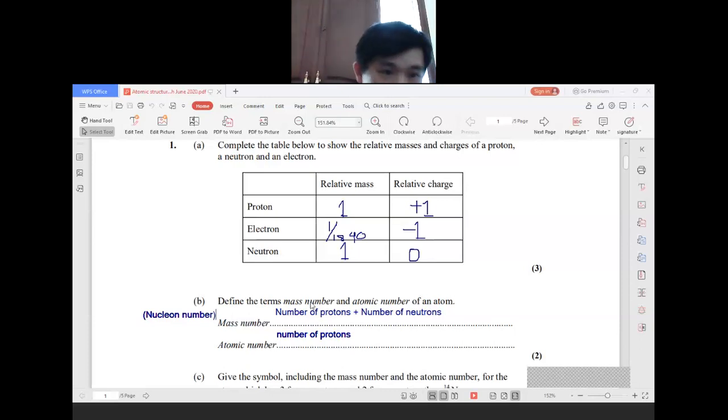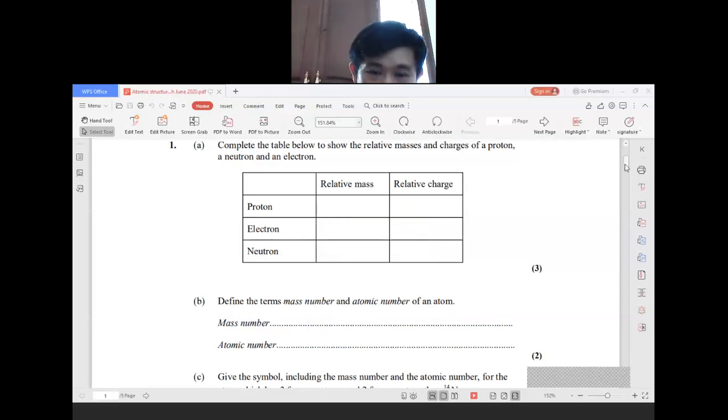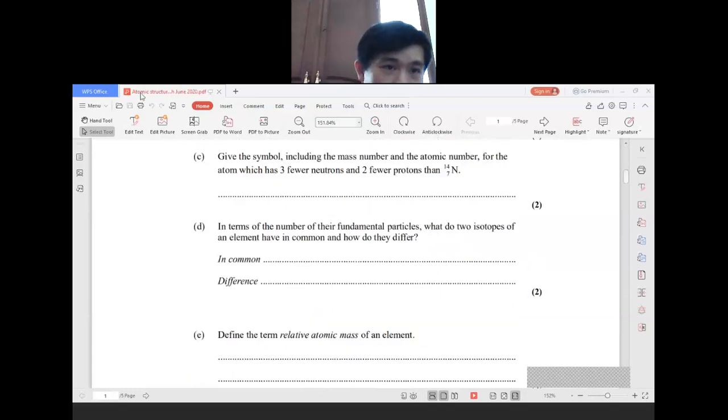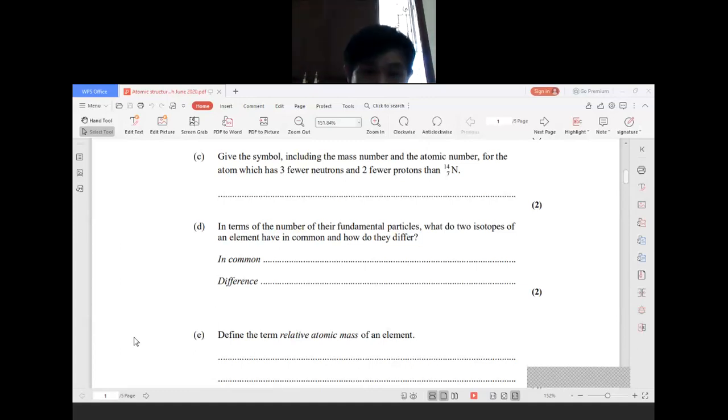Okay, and then next question here: give the symbol including the mass number of an atom which has 3 fewer neutrons and 2 fewer protons than nitrogen. And then the element here must be, let me ask